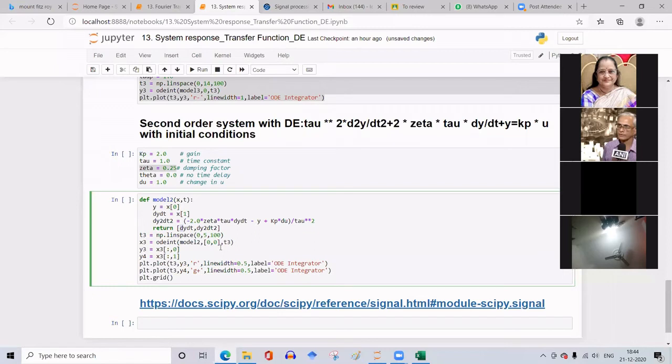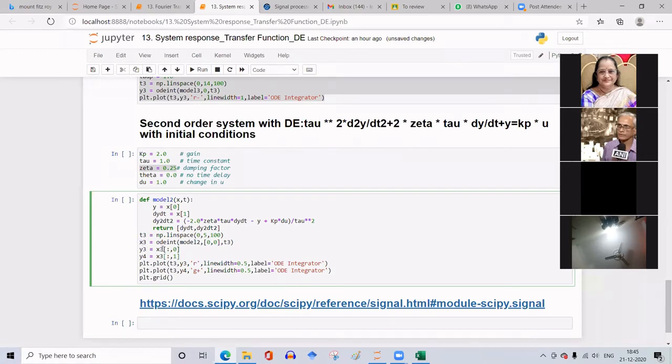Okay. So the derivative of a function always indicates how the signal is taking the turn, because it represents the slope of the curve at any point of time. So now that is what T3 is defined like this, and X3. So whatever returns here, dy by dt and solution of dy by dt and d square by dt square, will be represented as a list with the name X3.